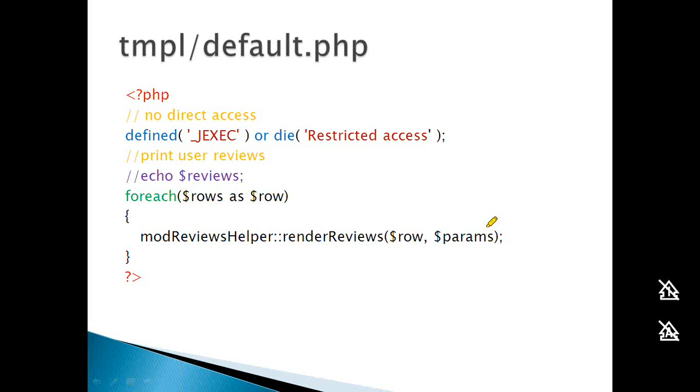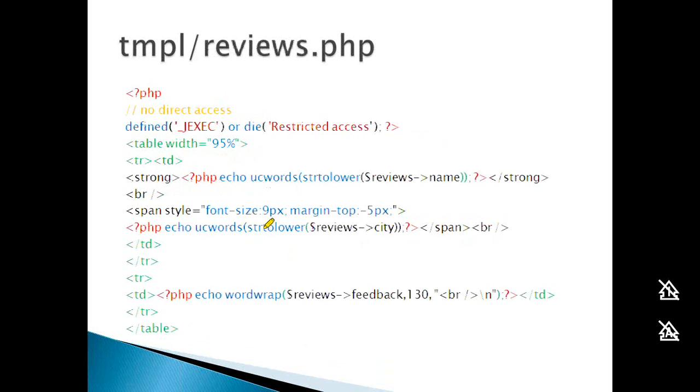And this is the next file. This template file is the default.php, and it has a simple for loop, which is basically calling the helper file and the function of the helper file, and from this it is transferring the database rows to us. The default.php will store these values, and then it will be used in the new file, which is the reviews.php.